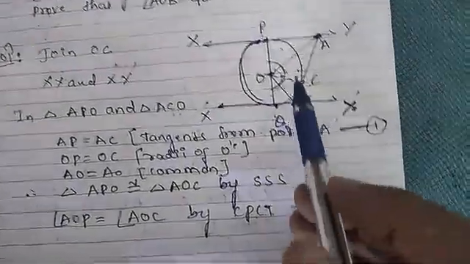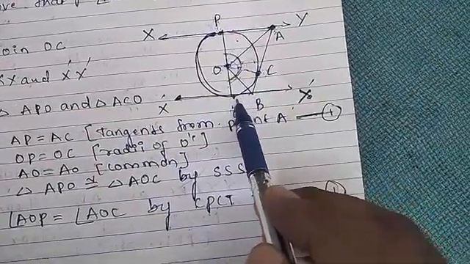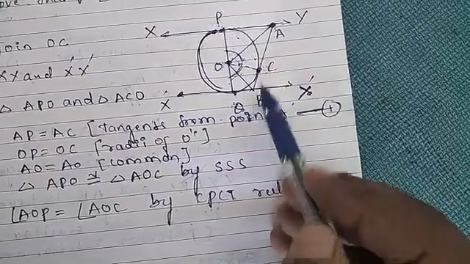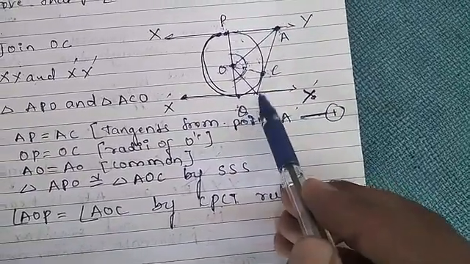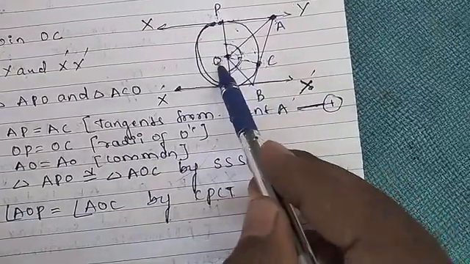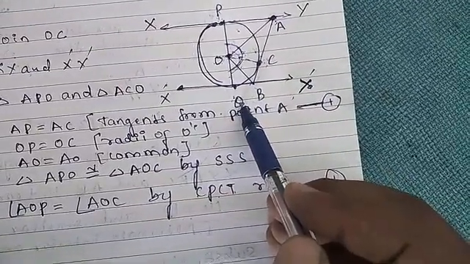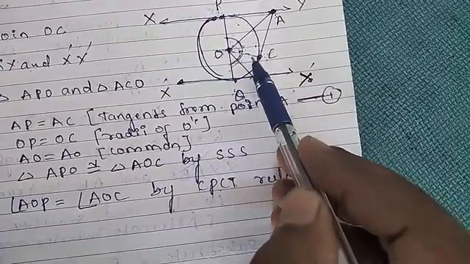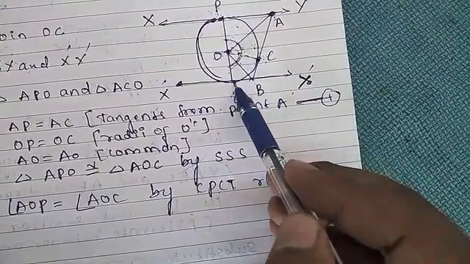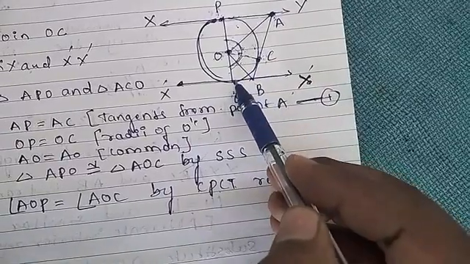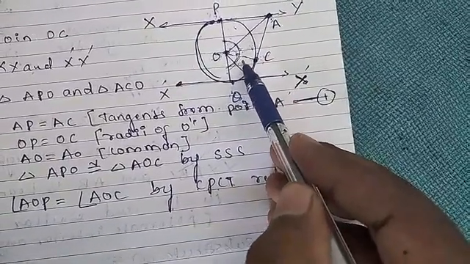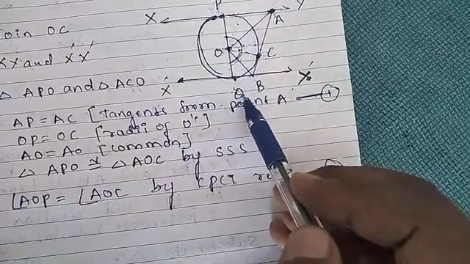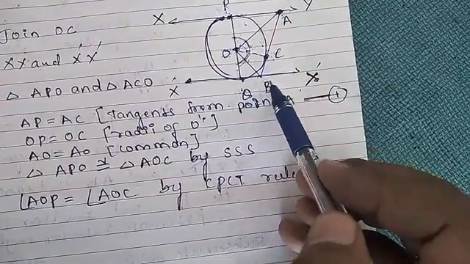Now see the similar case. Here also tangents are there. QB and CB are the two tangents. Now see, OC and OQ are also radii of the circle. OB is the common side. Can you say that both triangles are congruent? Yes, both triangles are also congruent here. Then what can you say directly here? Angle COB is equal to angle BOQ.